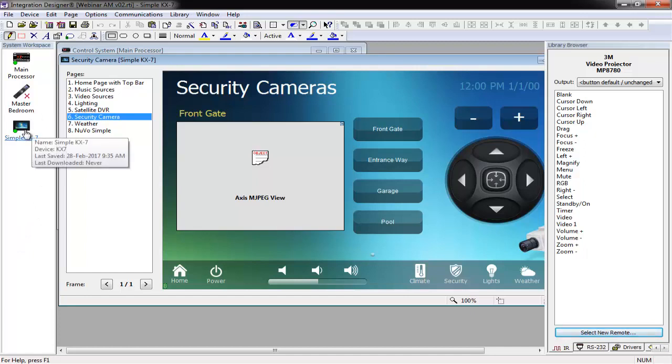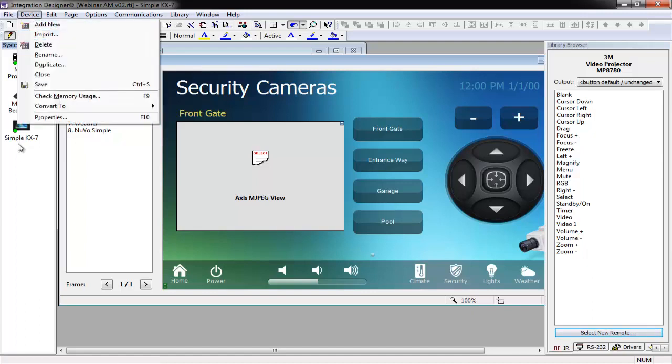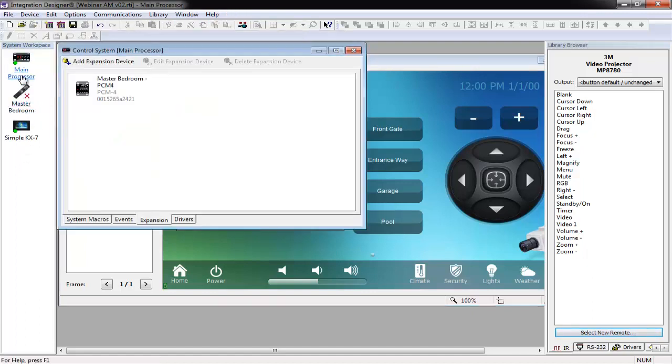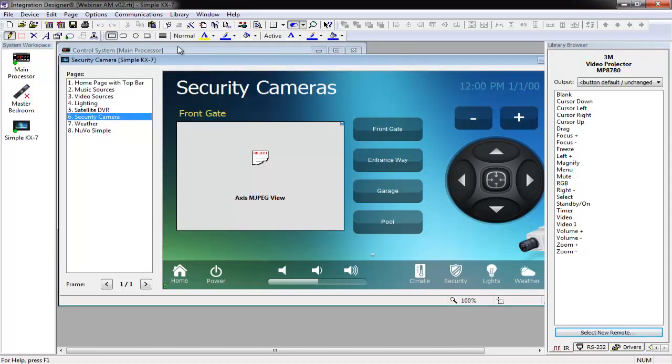So you can see the 3 ways that we've added a device: the add device window, through the add device button, or by right-clicking and selecting add device. We used the import feature, which, once again, we could right-click and select import, or go to device import. And we added a device via the expansion device. So with these different options that we have available, we're trying to help you get in and out of jobs